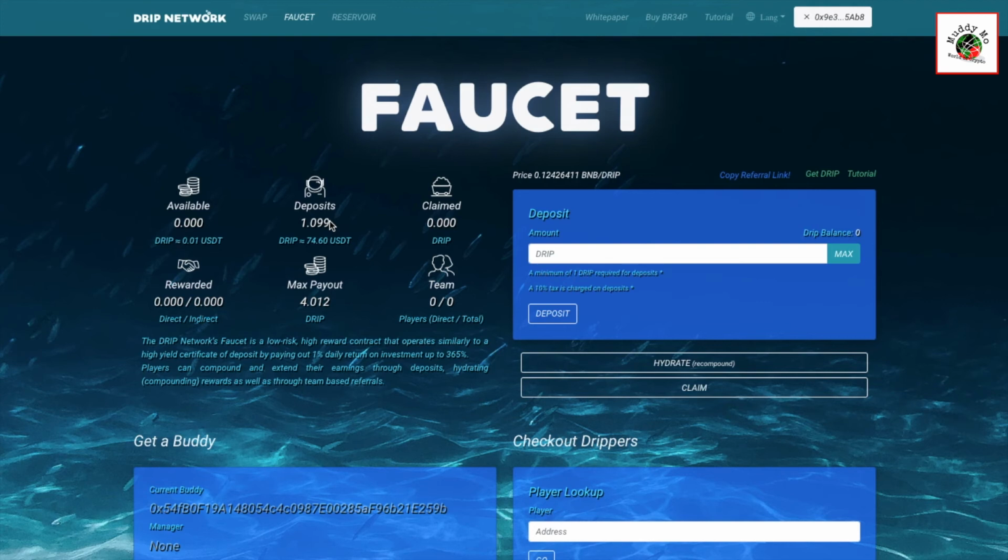All right, so how to sell, how to claim your Drip tokens from the faucet. Once you have an available balance here, you have two options. Either you can claim, and once you claim, you can either sell it at the swap fountain, or you can sell it on PancakeSwap for whatever coin you like, or you can compound. Now, make sure you all remember there's a 10% tax on all buys and sales of Drip tokens,